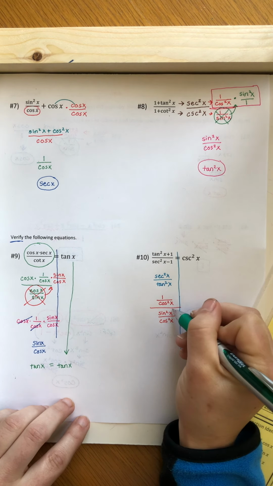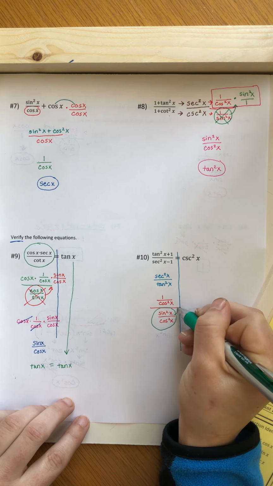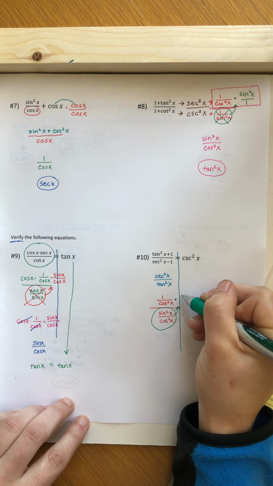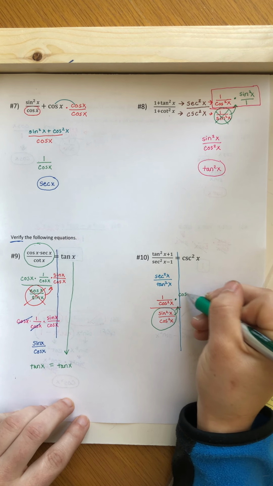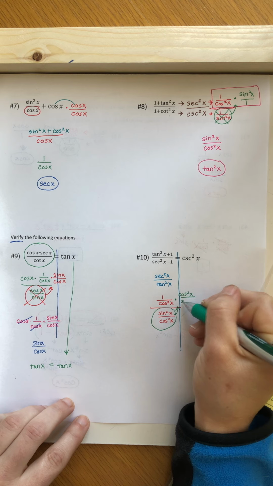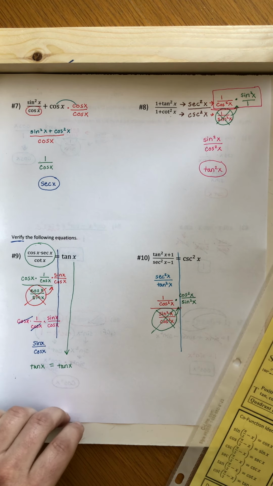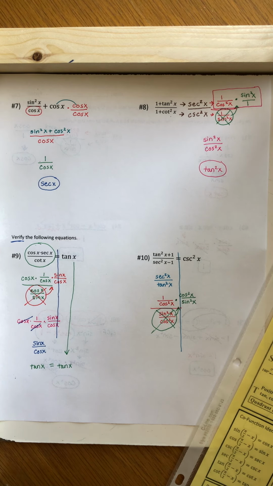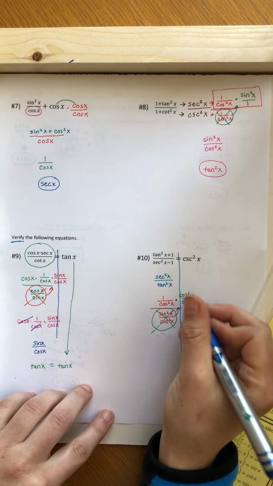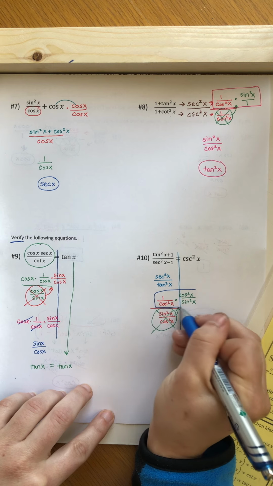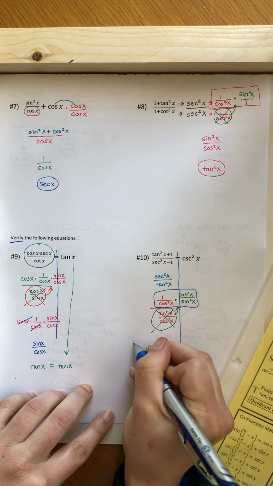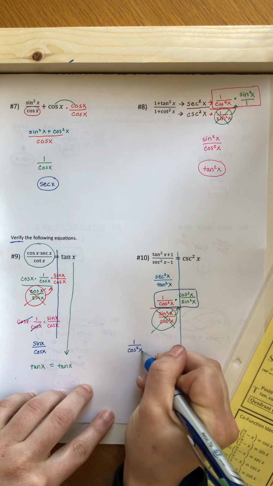You want to take your denominator and multiply by the reciprocal. I'm only crossing over the line here because I ran out of space. Get rid of it in the denominator. So I'm going to just rewrite the top, which we're focused on right now. 1 over cosine squared x times